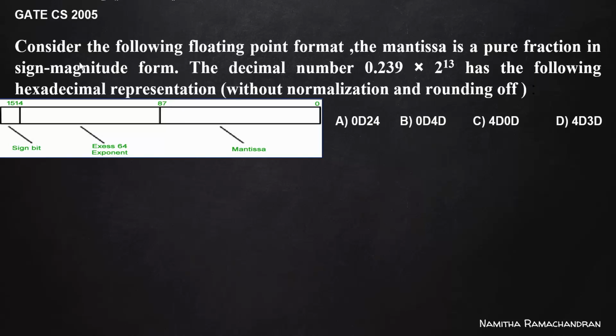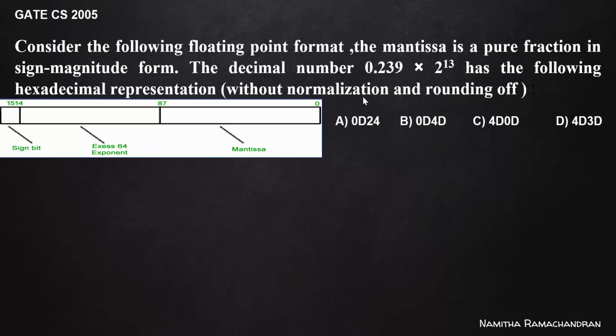Now consider the question. Consider the following floating point format. The mantissa is a fraction in sign magnitude form. The decimal number 0.239 times 2 to the power 13 has the following hexadecimal representation. The options are given in the hexadecimal form. Here, we don't want to consider normalization and any rounding operation. That means simply convert this into its binary form and put the exponent part as well as the mantissa in this,